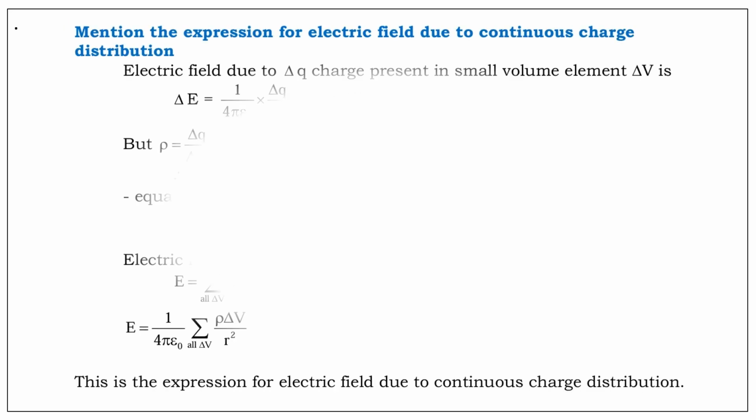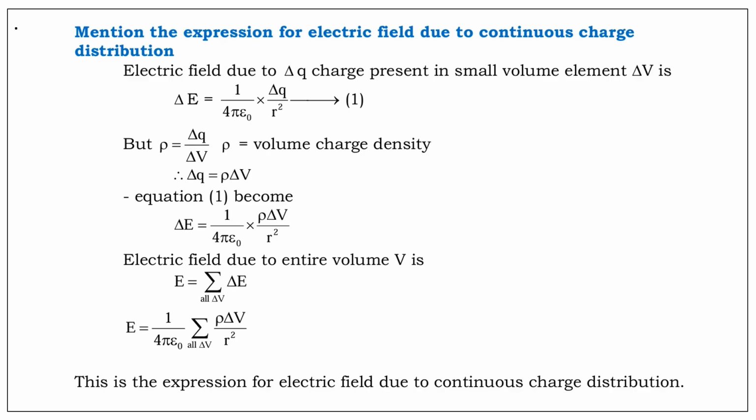Next, mention the expression for electric field due to continuous charge distribution. Electric field due to delta Q charge present in small volume element delta V is delta E is equal to 1 by 4 pi epsilon naught into delta Q by r square. Equation 1. But ρ is equal to delta Q by delta V. Therefore, delta Q is equal to ρ delta V. Equation 1 becomes delta E is equal to 1 by 4 pi epsilon naught into ρ delta V by r